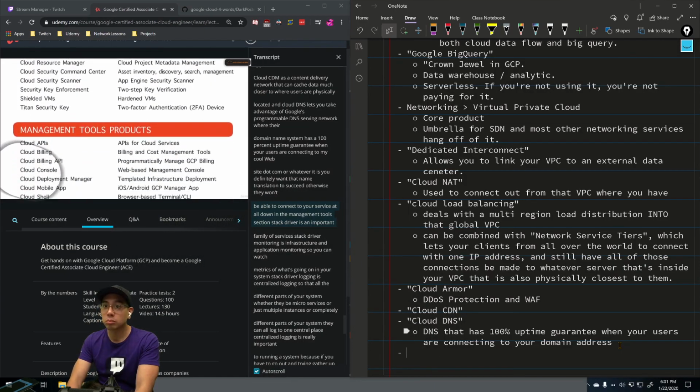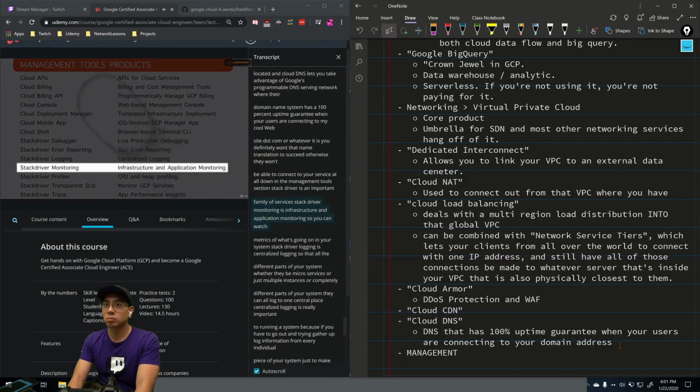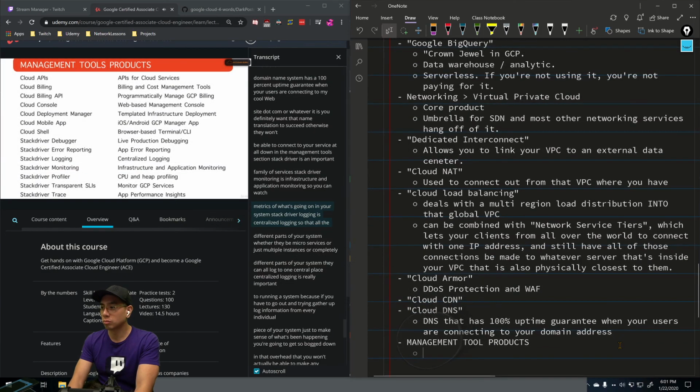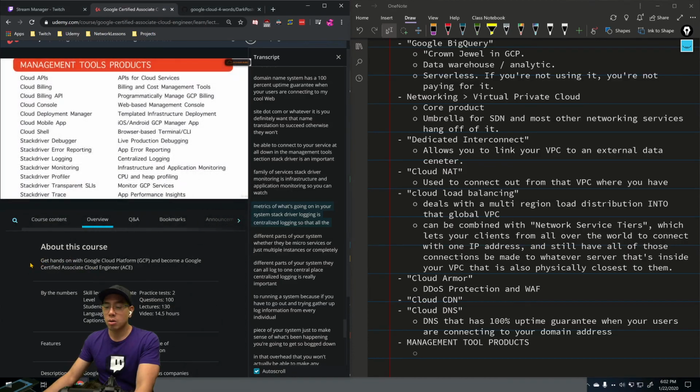Down in the Management Tools section, Stackdriver is an important family of services. Stackdriver Monitoring is infrastructure and application monitoring, so you can watch metrics of what's going on in your system. Stackdriver Logging is centralized logging, so that all